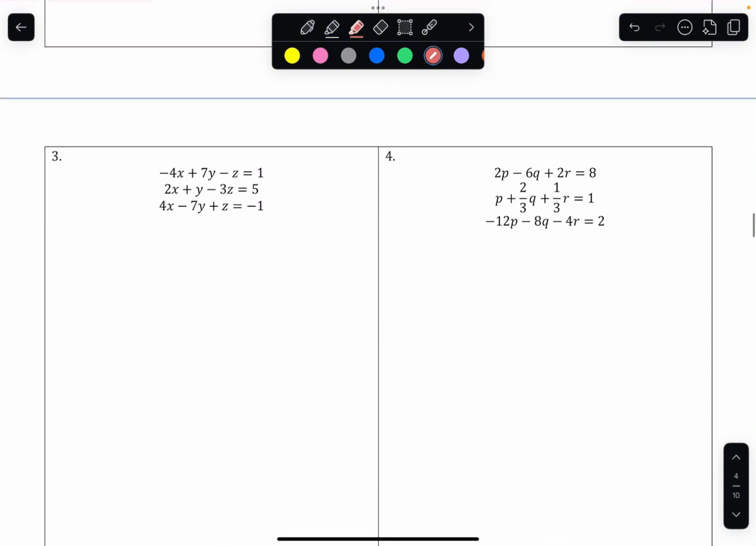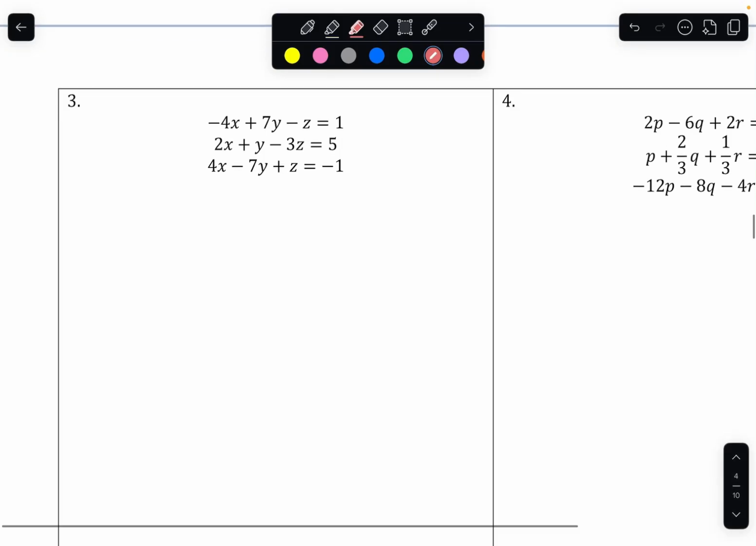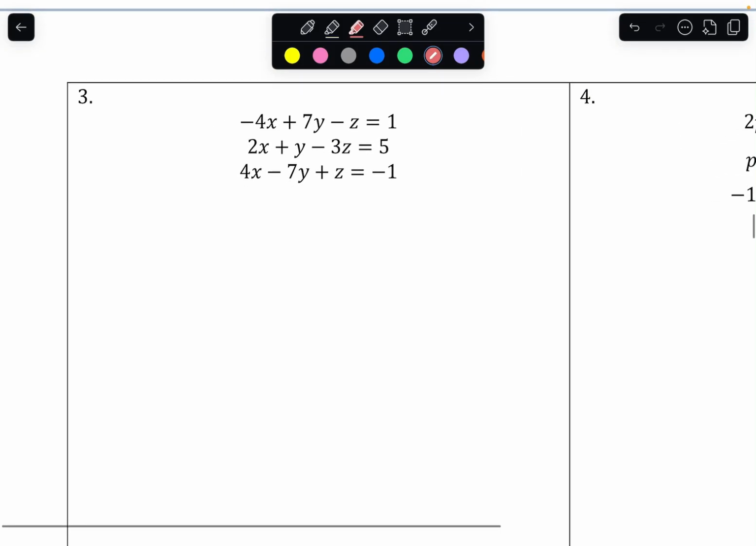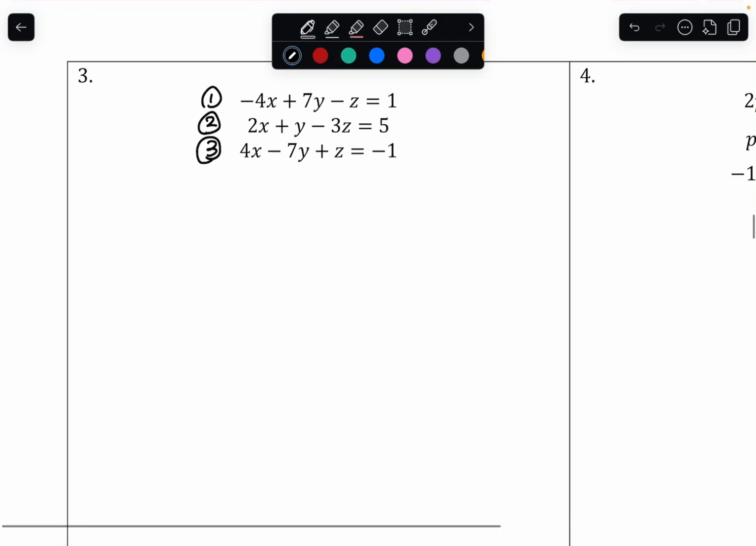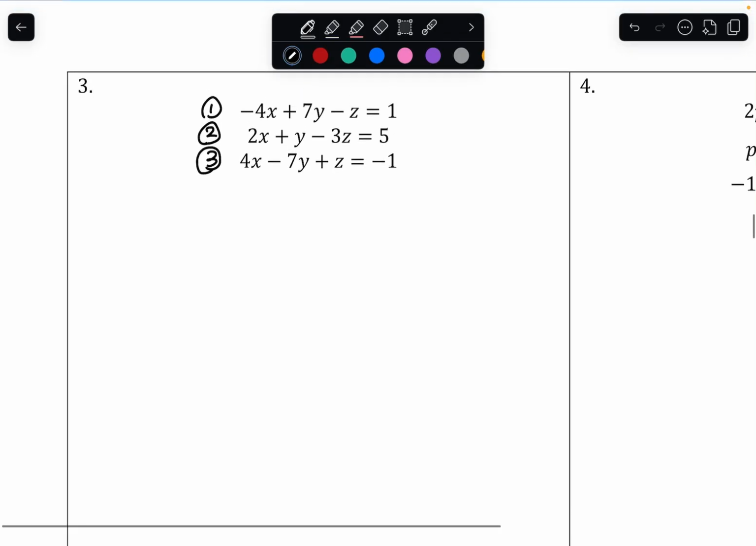Okay, let's look at number 3 and number 4. Okay, so for number 3, we have equations 1, 2, and 3. These are special cases, I believe. Yes. So I think the easiest variable to solve for would be this y, and we'll substitute it in the other 2 equations. So starting with equation 2,